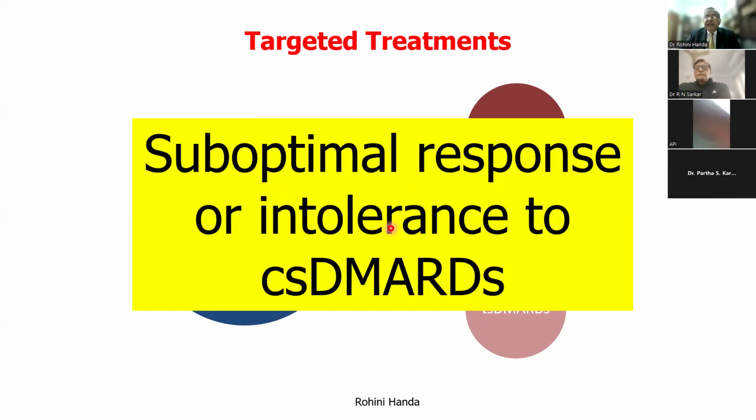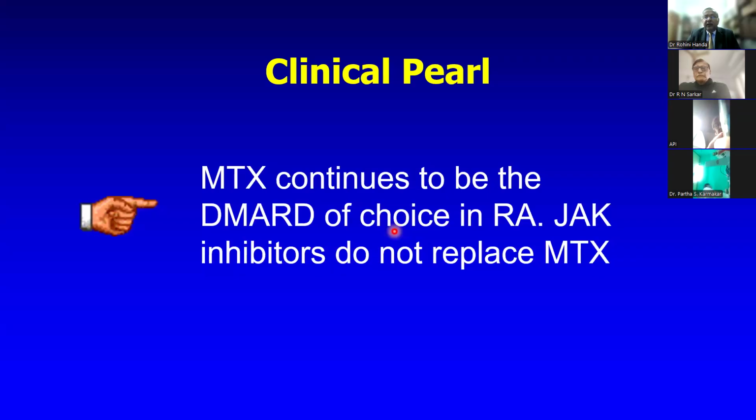The major indication is suboptimal response to conventional synthetic DMARDs. So if you have a patient of rheumatoid arthritis who has responded to your 20 milligrams of methotrexate and is tolerating the drug well, you will not graduate to the targeted treatments. Should the response be suboptimal or there is patient intolerance, unacceptable hair loss, nausea, anticipatory nausea, cytopenias, then of course you need to graduate to alternatives. And the teaching learning point is methotrexate continues to be the DMARD of choice in